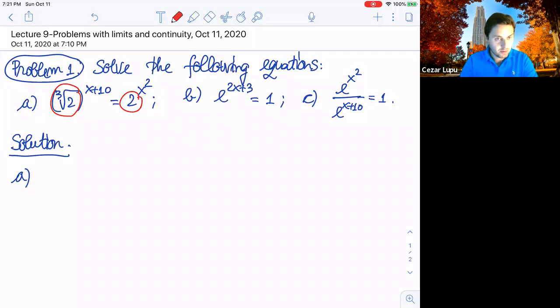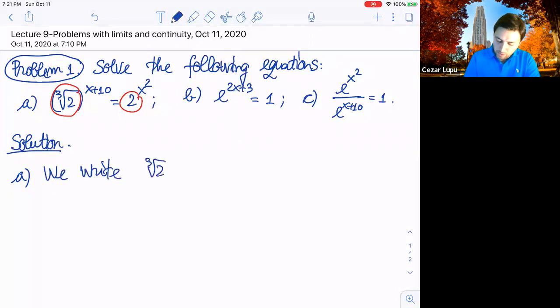So maybe we should do something about it. We can write the cube root of 2, everything raised to the power x plus 10, as